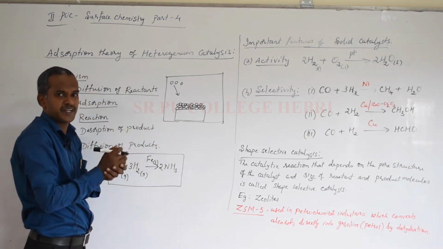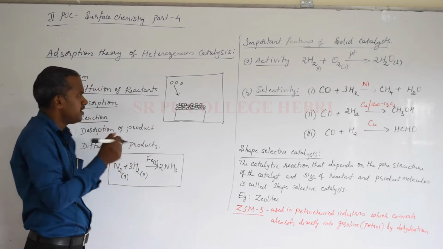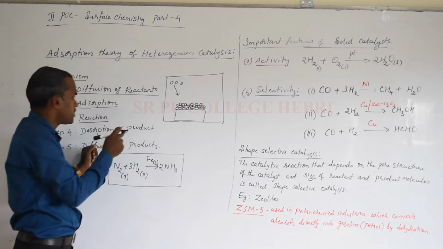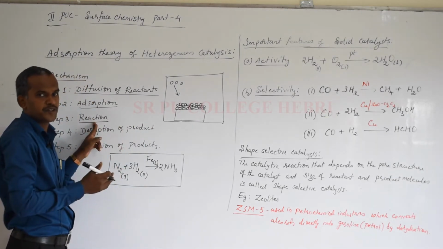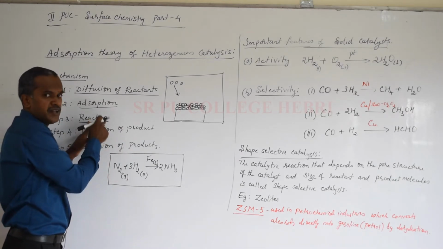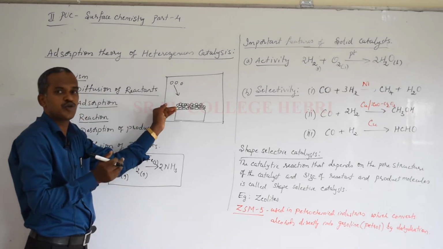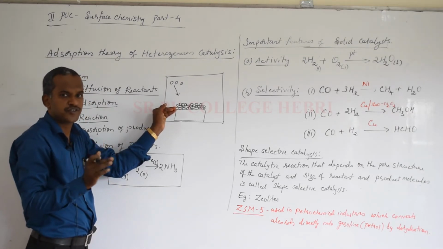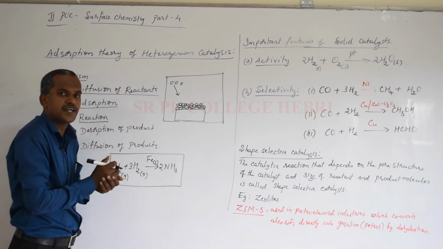They become activated. Now when the molecules become activated, what happens? They collide with each other. Due to that collision, the reaction takes place. The reactants are now converted into products. So this is step 3, reaction. You understood from where the energy comes from? Energy from the exothermic nature of the process of adsorption. So the reaction happened, reactants already converted into products.